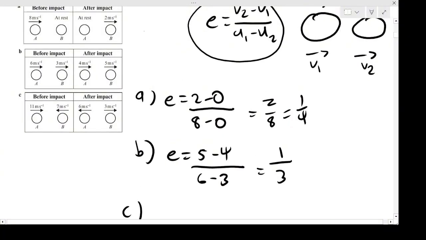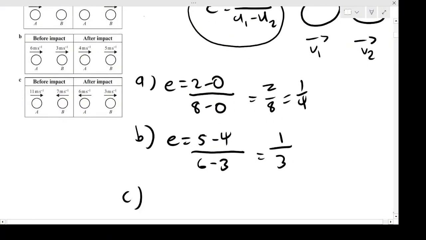Okay, so there's a slight complication where now the speeds are going in different directions, right? You can see it here. So before, you can see that ball A is going 11 to the right, but ball B is going 7 in the opposite way to the left. Now directions matter because these are velocities, okay? Direction matters. Like when you looked at momentum in chapter 1, we need to consider a positive direction